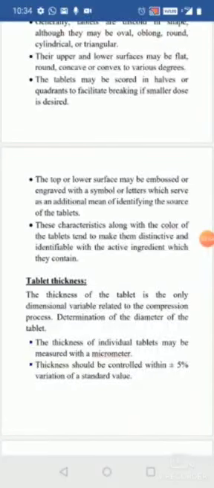The thickness of the individual tablet you are going to measure using a micrometer, that is, scales like the vernier calipers or the screw gauge. You take a batch of tablets, and from the batch you take out just 10 to 20 tablets and measure the thickness of each tablet. Then you take out the average.